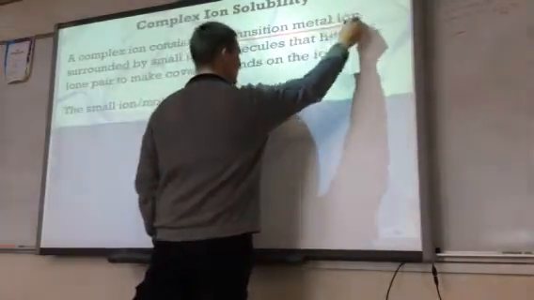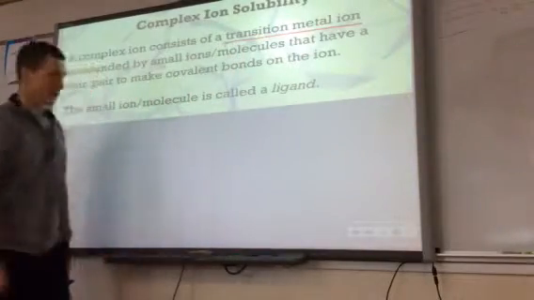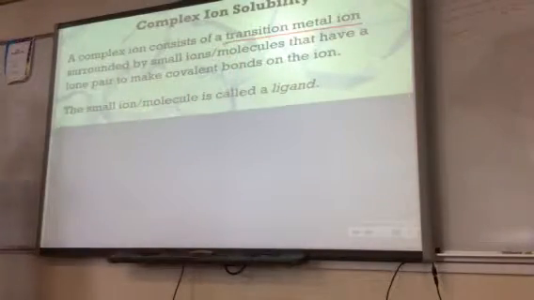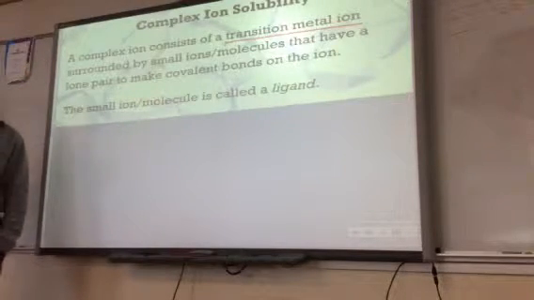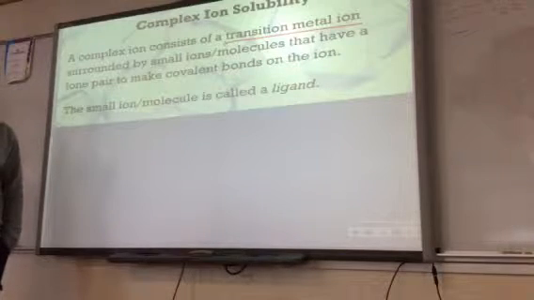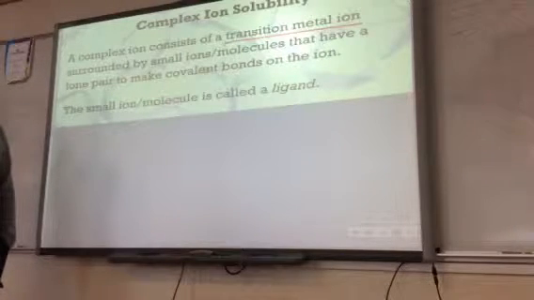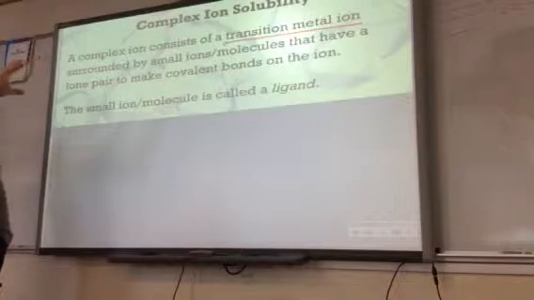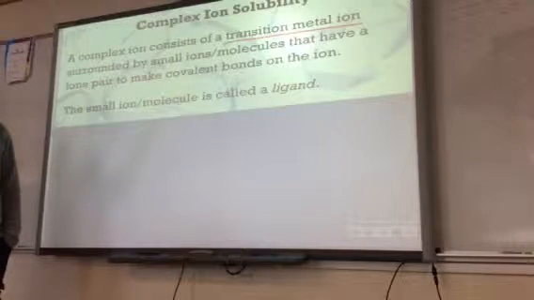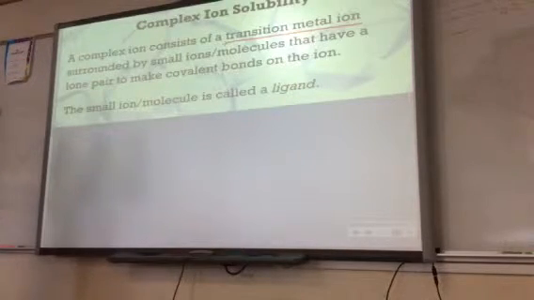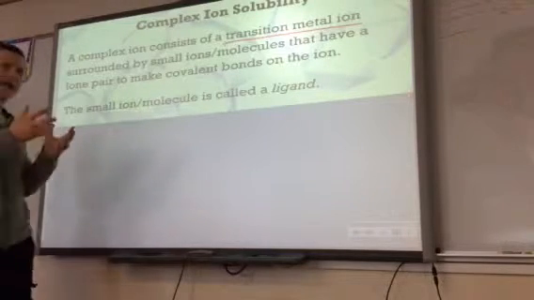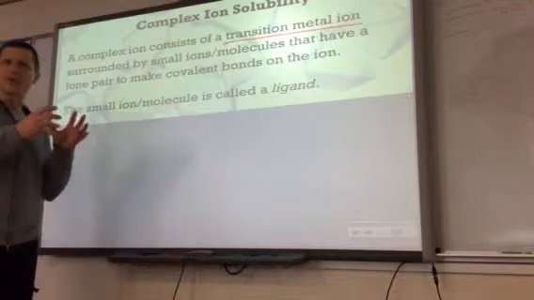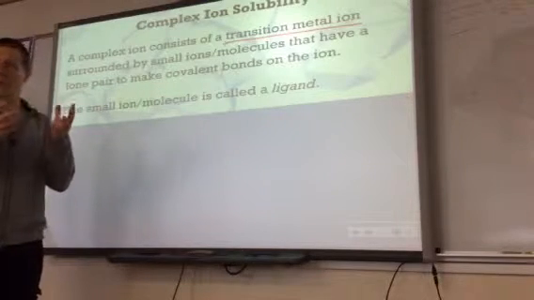The key to a complex ion is that thing right there. You have to have a transition metal ion present. The main group elements, like the group 1s and group 2 ions, they don't ever make complex ions. It's only the transition metals. Transition metals in the middle of the periodic table, I know we haven't covered this year, but they have d orbitals that they're filling. And when you have an ion in a transition metal, it probably has empty orbitals somewhere on it,